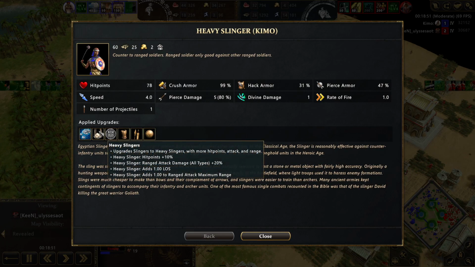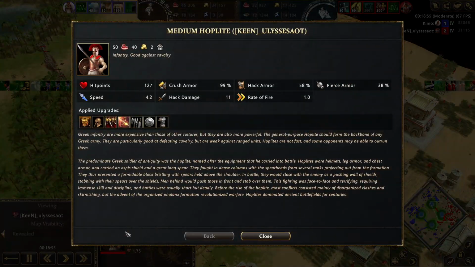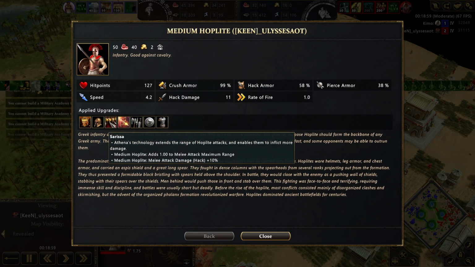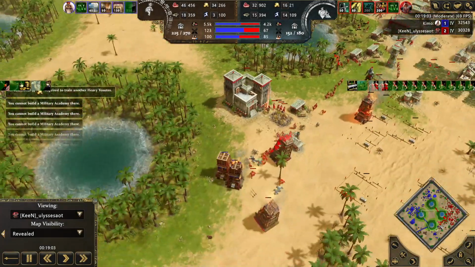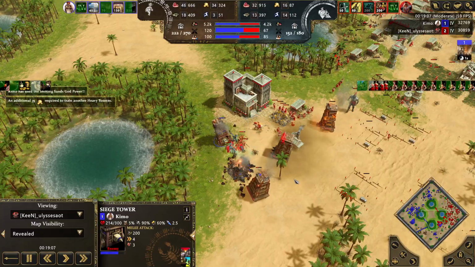Bronze armor, bronze weapons, heavy slingers. That's good. I thought he had iron. Okay. Medium. Both upgrades on both. Map control pretty decent on both as well. That will go down. He will not be able to...